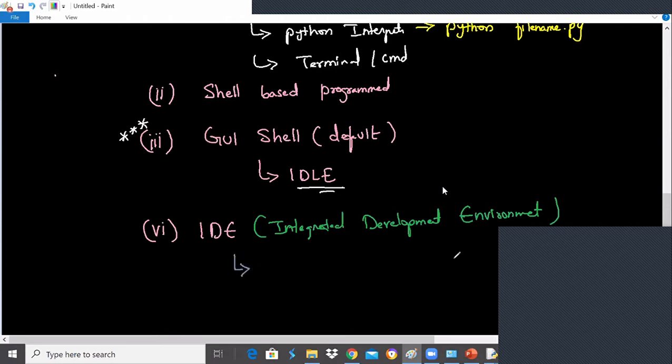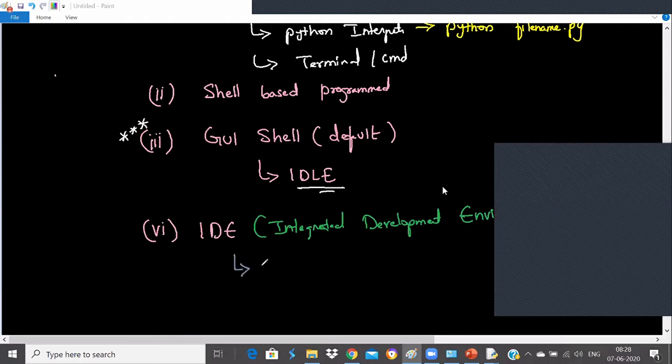They are provided by third parties. Integrated Development Environment will integrate everything: your Python interpreter, your editor, the output window to display the output, or other tools, a debugger, a lot of things they will integrate together to make your programming life easy. But we'll start with IDLE and we'll start exploring all these IDEs one after the other, guys.